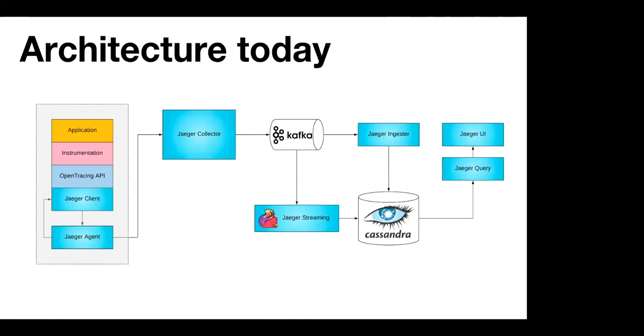And this is our architecture today. So now the agent is speaking directly to the collector, which is dumping these spans directly into a Kafka queue. From there, they're asynchronously ingested. So the problem here